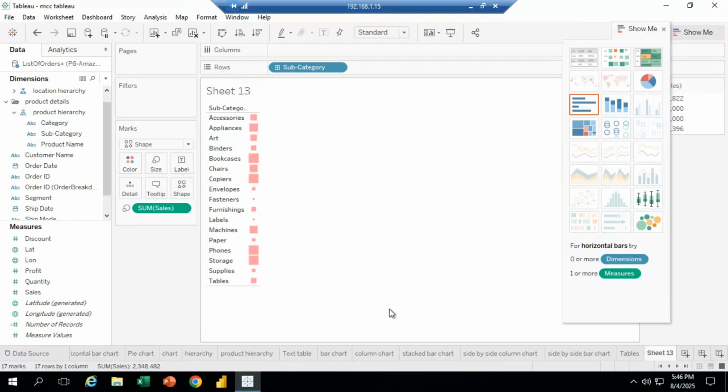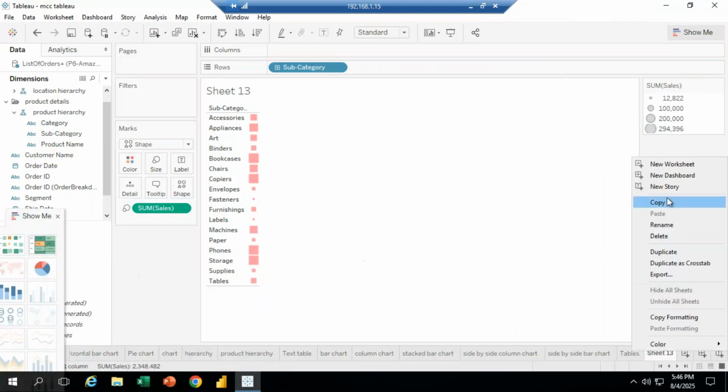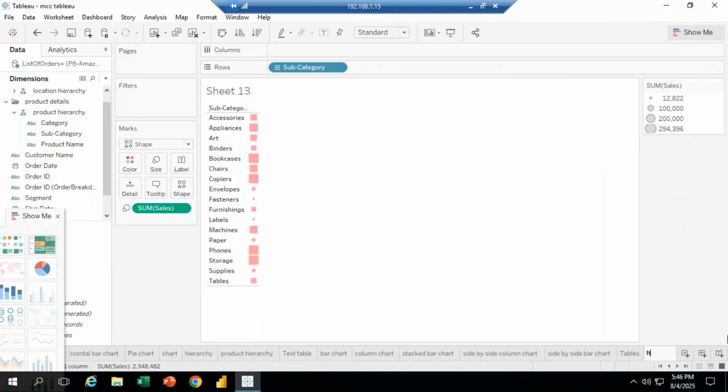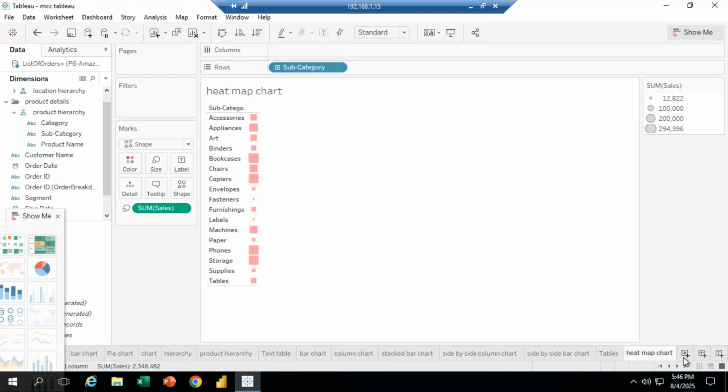This is what we call a heat map chart. Heat map chart. Okay. Next, one more chart I want to